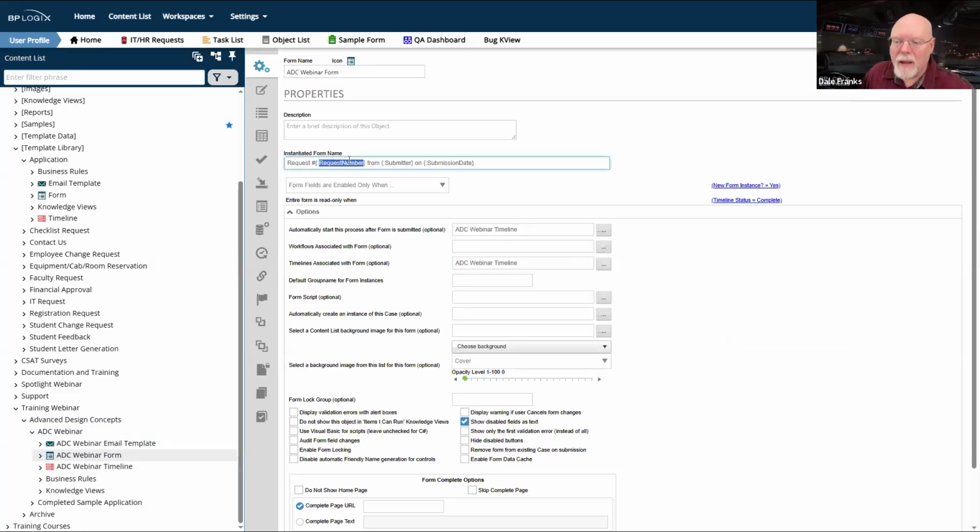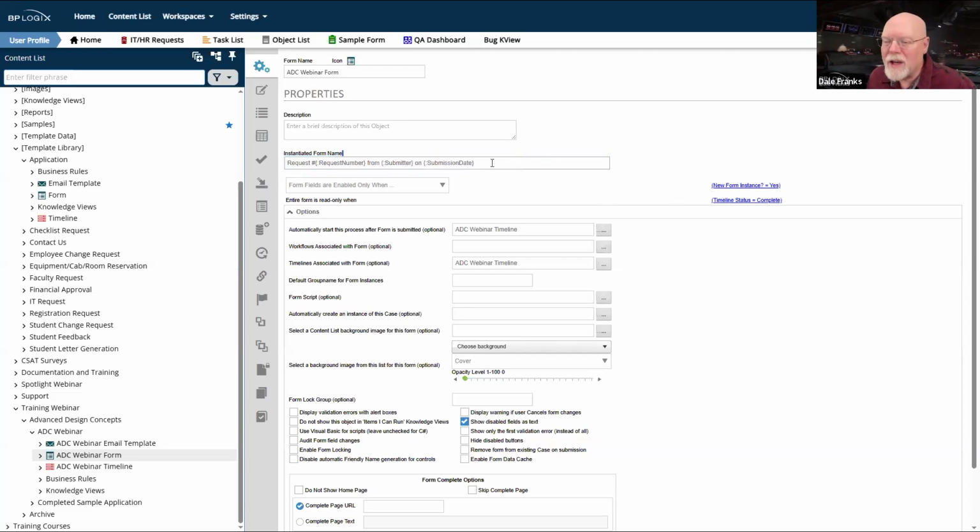And because it's a sequence number, that means that every request that gets generated is going to have its own unique human readable ID number as the request number. And then I've got the submitter field as a system variable here, so I know who submitted it. And then I've got submission date, so I know when the form was submitted.